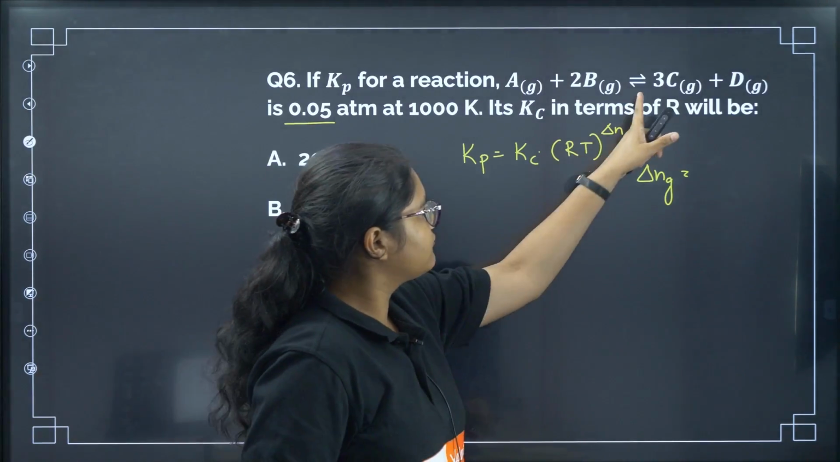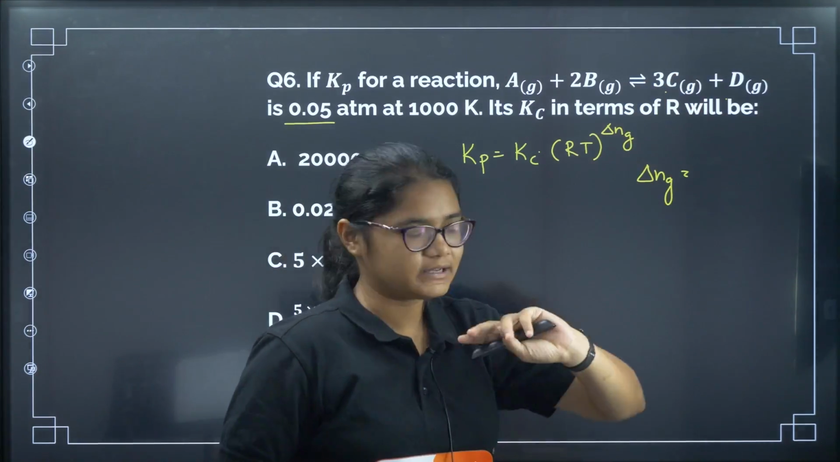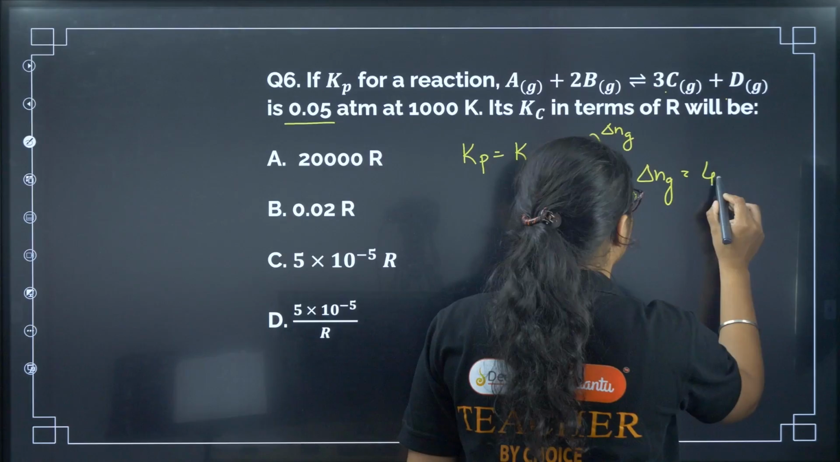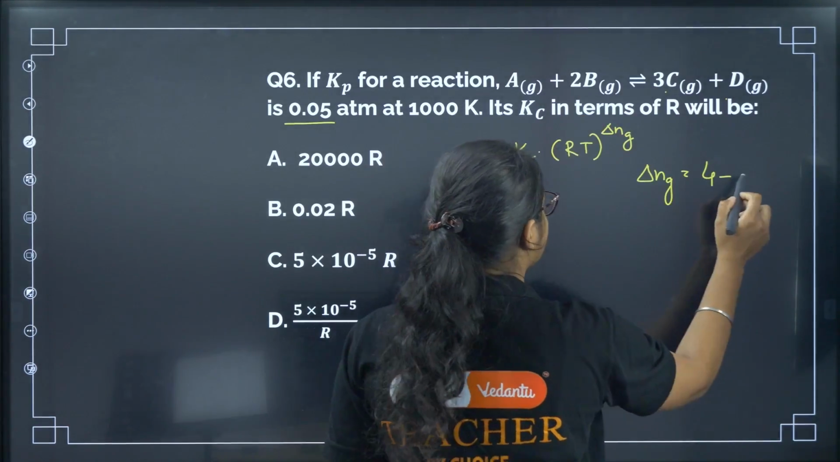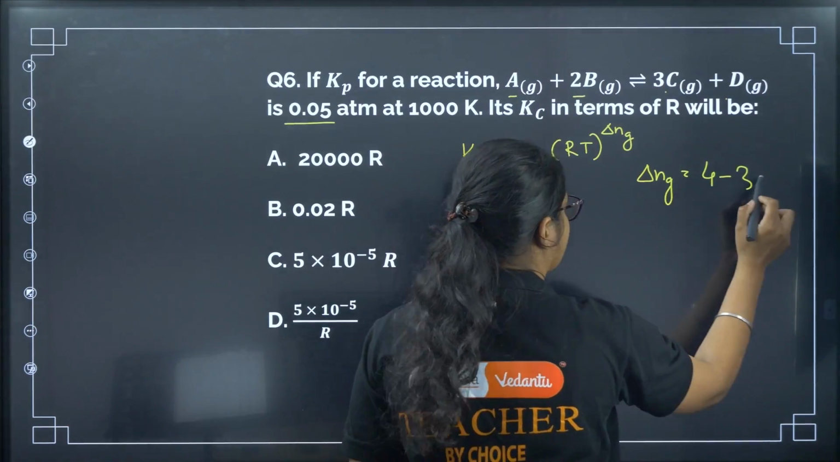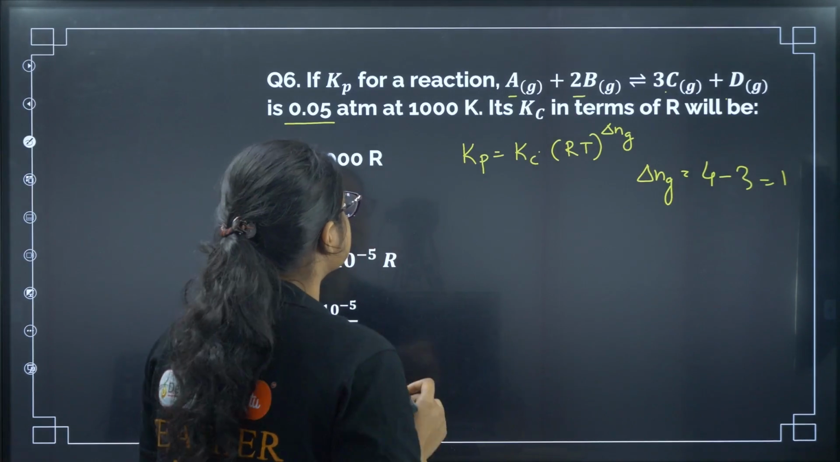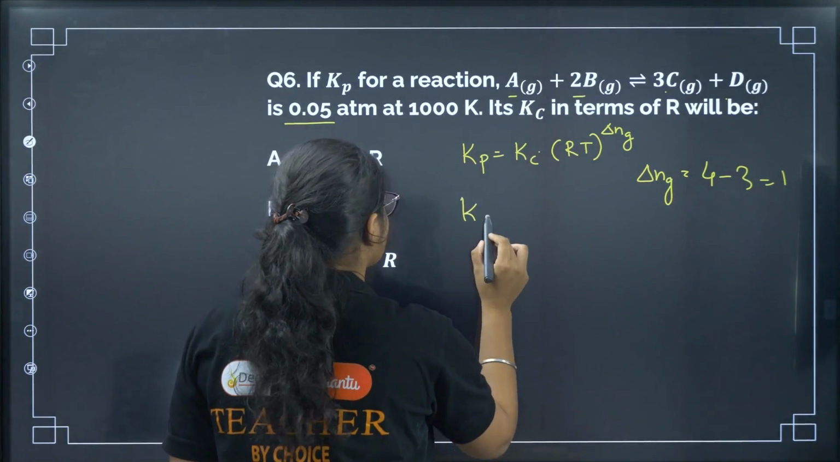So if you see, there are 3 here and 1 here. 4 is the number of products minus, on the reactant side we have 3, 2 here and 1 here. So that is equal to 1. So now what we can say, Kc will be equal to